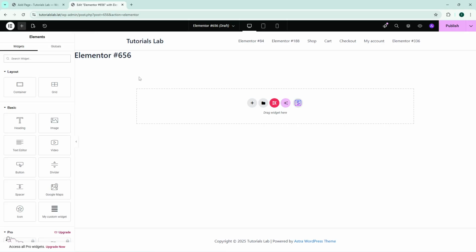Now you're inside the Elementor canvas. Look for the big plus icon and click on it to add a new container. This is where the important decision comes in. Elementor will present you with two main layout options, Flexbox and Grid, and choosing the right one depends on what